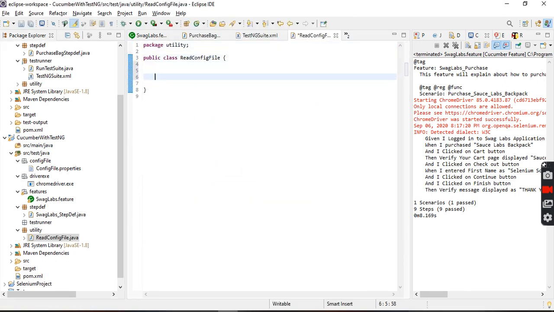Here what I am going to do, public static String, a return value, if I provide the key. But what is that actually? Simply you are returning some function. What is the use of this one?